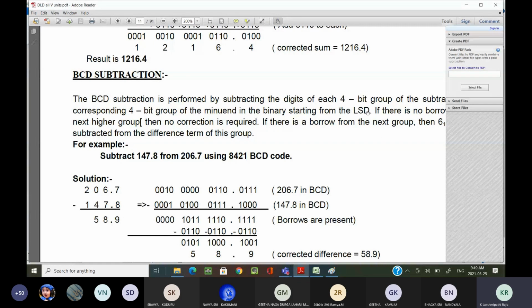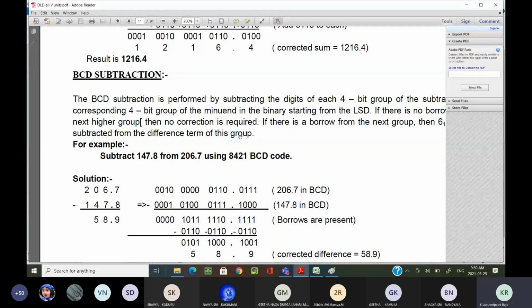LSD is nothing but least significant digit. If there is no borrow from the next higher order group, then no correction is required. If there is a borrow from the next higher order group, then 6 is subtracted from the difference term of this group.